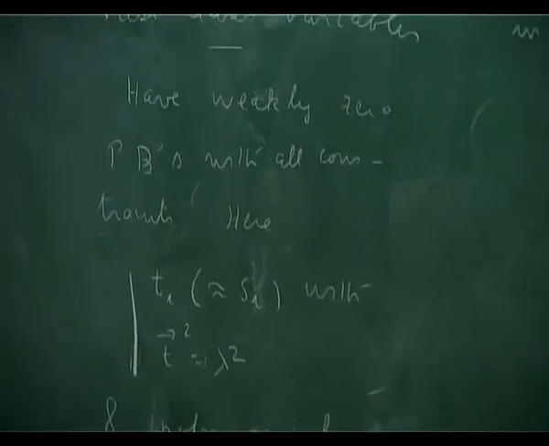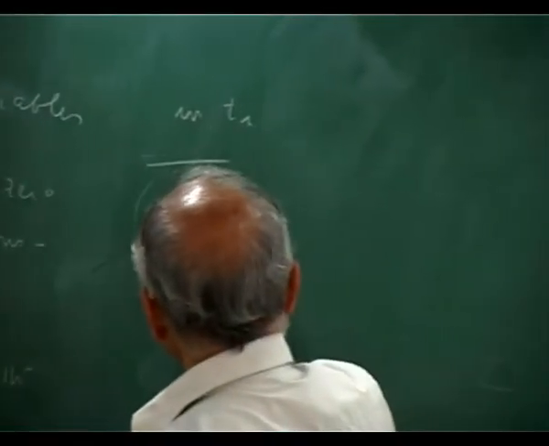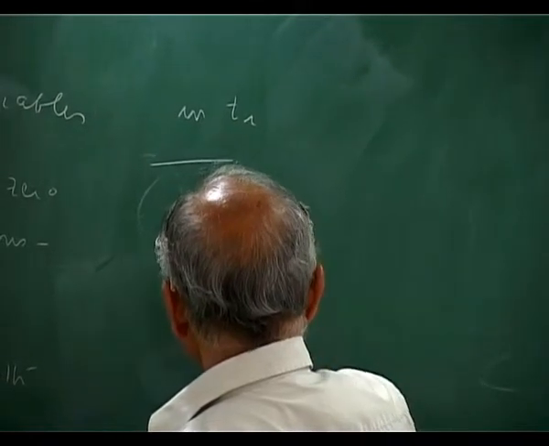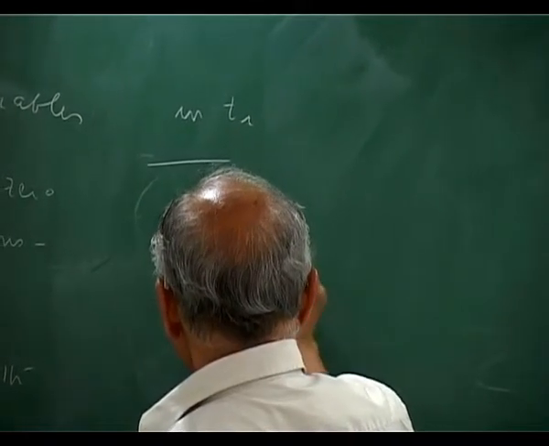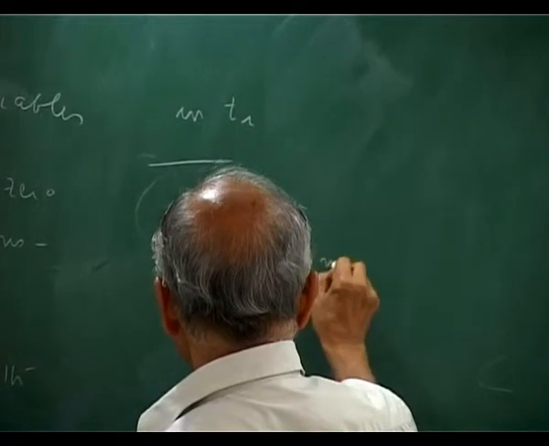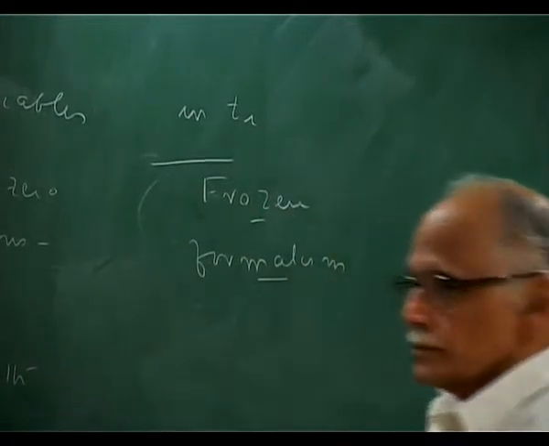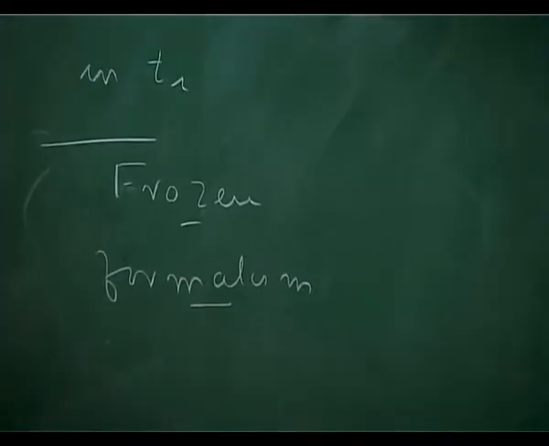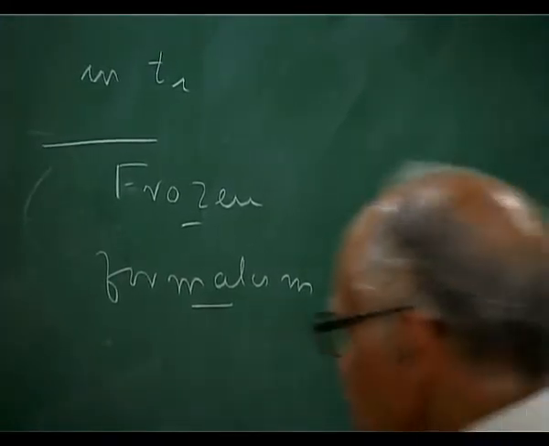They will all have zero Poisson bracket. So last time we looked at what is called the frozen formalism. Here the constraints and Hamiltonian are all irrelevant, so what we do is just quantize